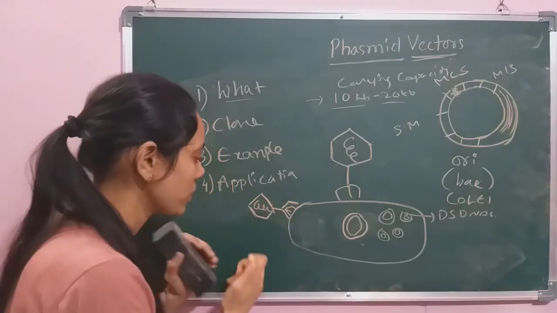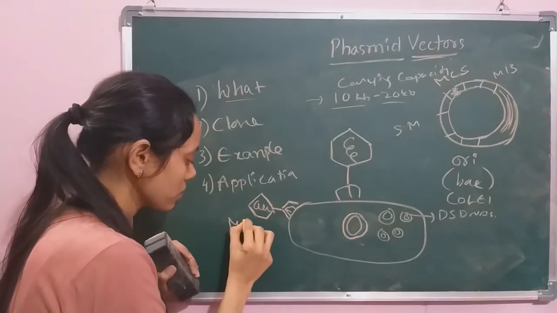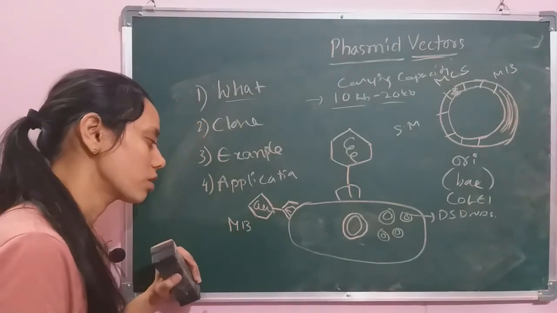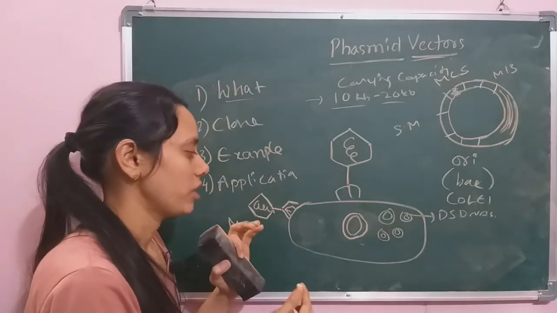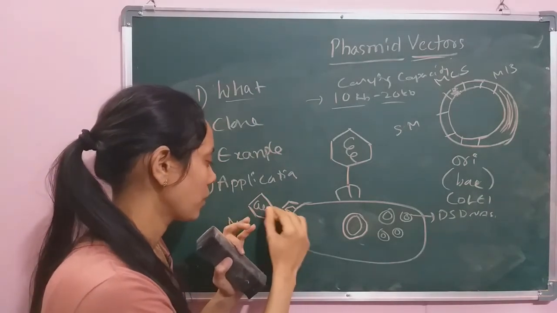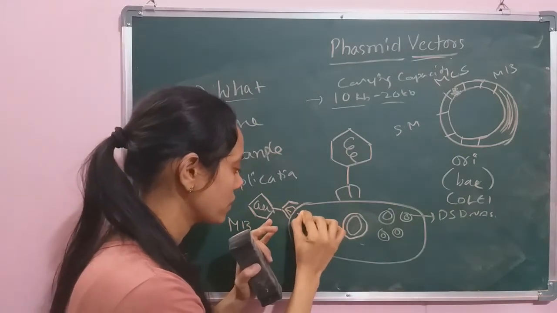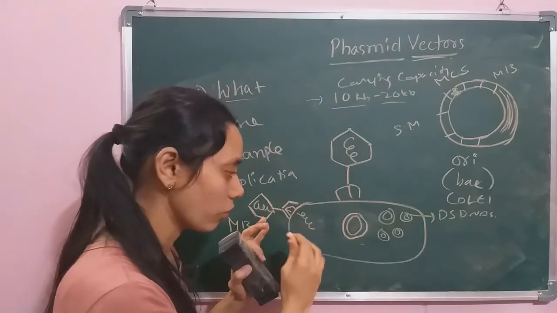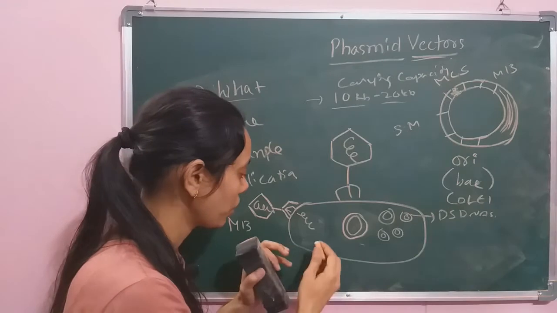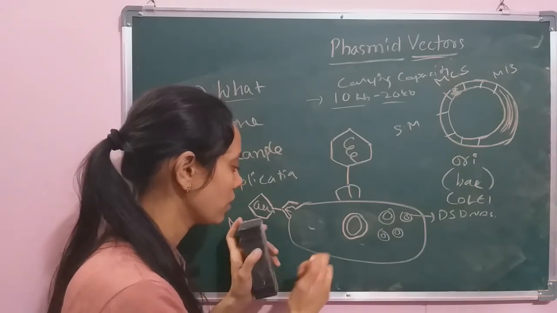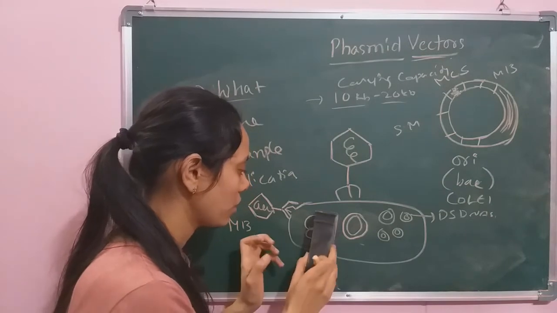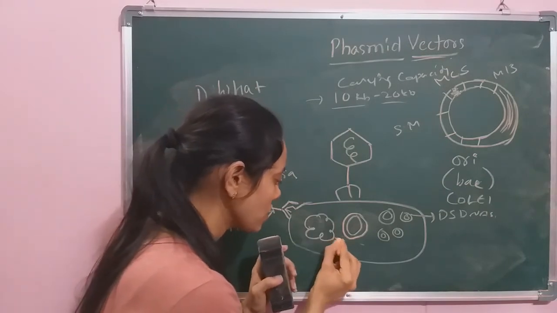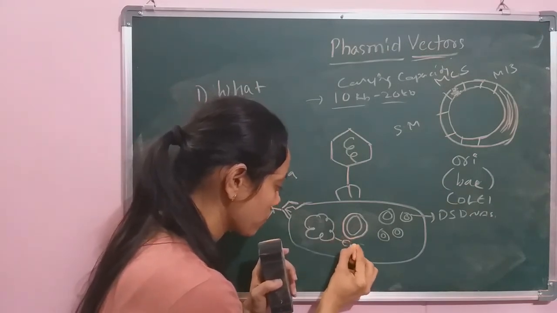That means the helper virus is also an M13 virus, and it is also constructed in such a way that it will go and insert its DNA. This helper virus will also infect the bacteria in the same way, and it hijacks the enzymatic machinery of the bacteria to produce various viral enzymes